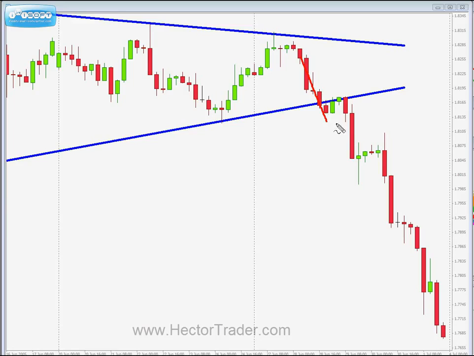You see the breakout, then you see a pullback retesting previous support levels, now working as resistance. And once that resistance is confirmed, once price tops out at that level and continues to move in the direction of the original breakout, that is where you trigger your short entry, because the market has already given you confirmation that the breakout is valid and has delivered through. In this case, the short entry would have been triggered just as we dipped a couple of pips below the